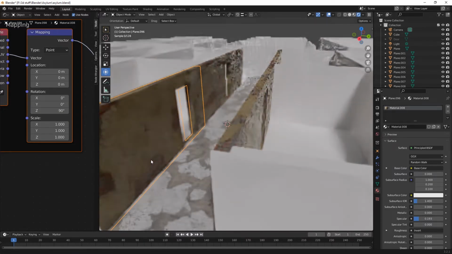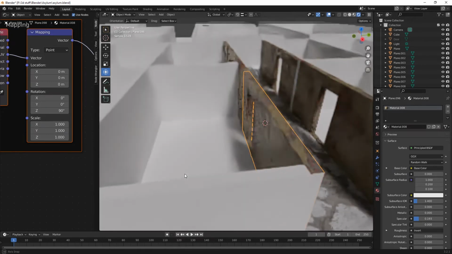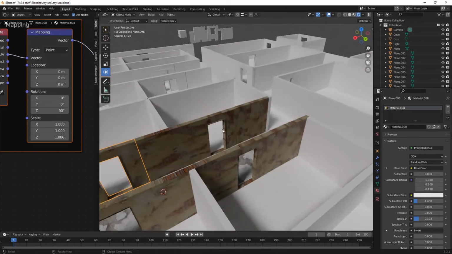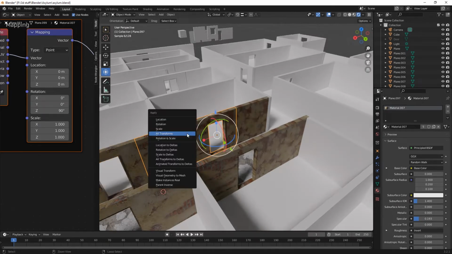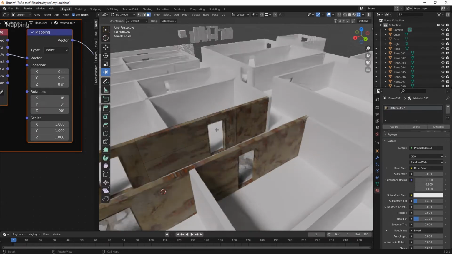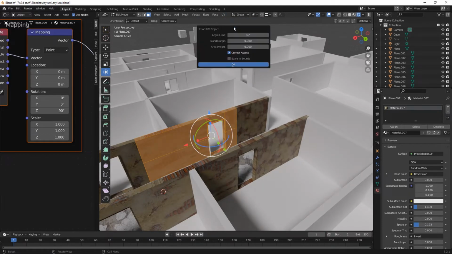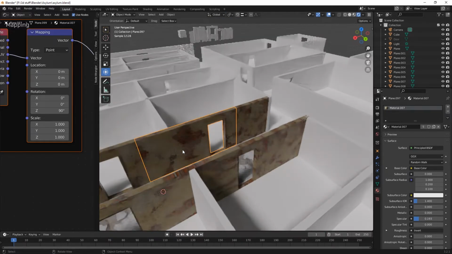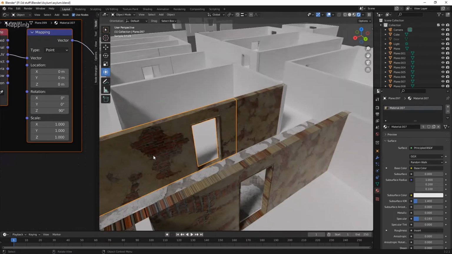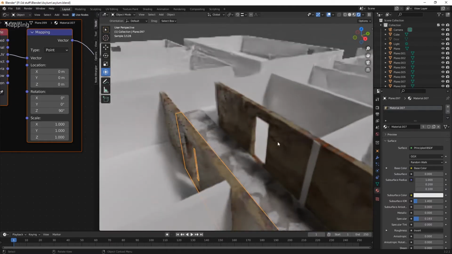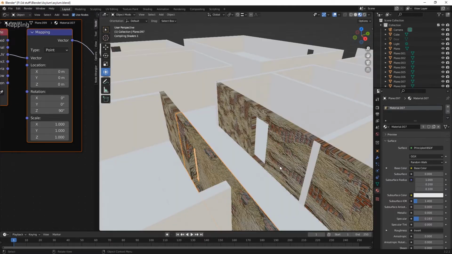I mean, I'm fine at that because we need to keep it kind of all different. And we need to do the same on this one. Control A, all transforms, tab A to select all, and then UV, smart UV unwrap. And then that is in the right way around, so it's not bad. And then this one here, I'll tell you what, let's take it out of that mode. And this one here,